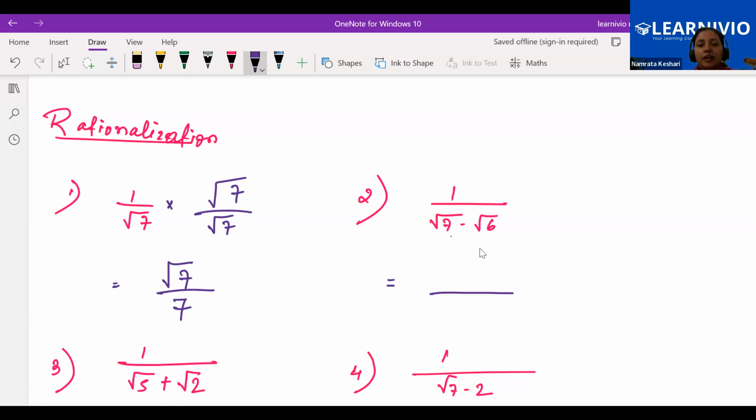Yes, ma'am. Here we can take the help of a formula because this question is different from the number one question. Here it looks like an a minus b structure. So what we can do is multiply by a plus b, which will create the formula. Root 7 plus root 6, we do the multiplication in the numerator as well as the denominator. Then we will be able to make a formula, and it will help us to remove the root sign